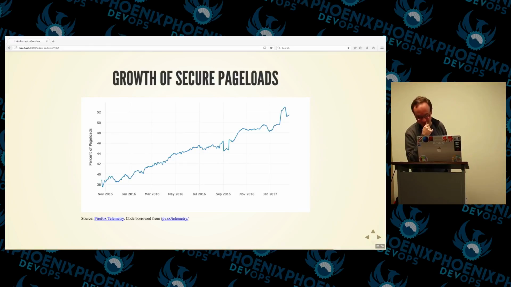We started this whole presentation with that chart that said 38% of traffic on the web was encrypted. We broke 50% right at the beginning of the year, and I'm working to get that number to 100% because it's too easy to mess with people's connections. HTTP was not intended for an adversarial internet.